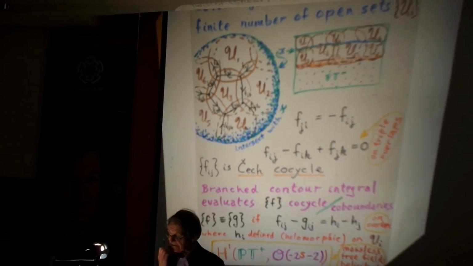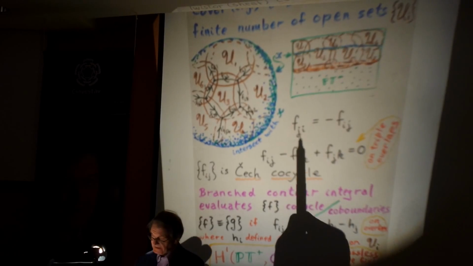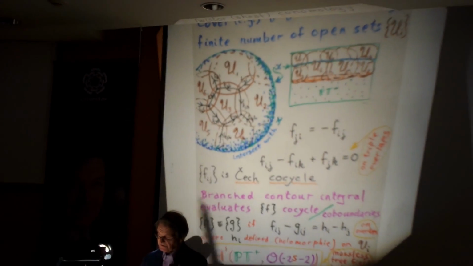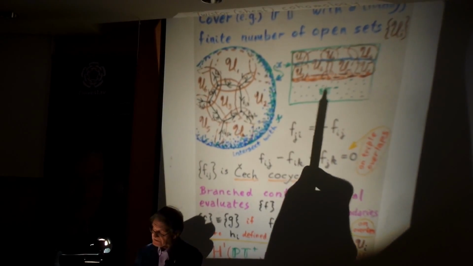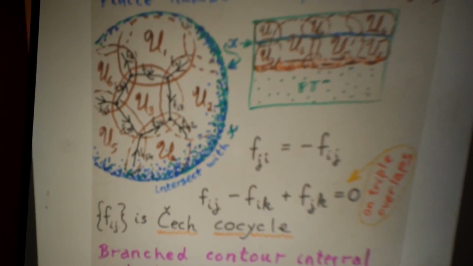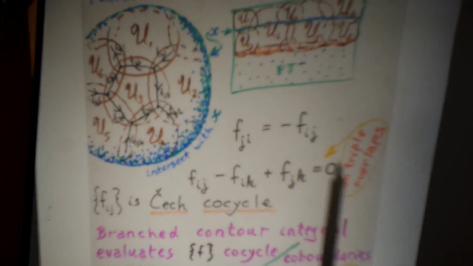And if you have many sets, you can say your twistor function is really a collection of functions indexed in terms of the intersections of these U's. The U's here are open sets on the top half of twistor space, and the twistor function is really a collection of twistor functions, each one defined on the overlaps between two of the U's. If you call it Fij, it has to be antisymmetric, because you're really doing a bit of a contour integral, which goes in one direction, and if you interchange these two, then it's the other direction. So you need this antisymmetry, and then you need this triple rule here,